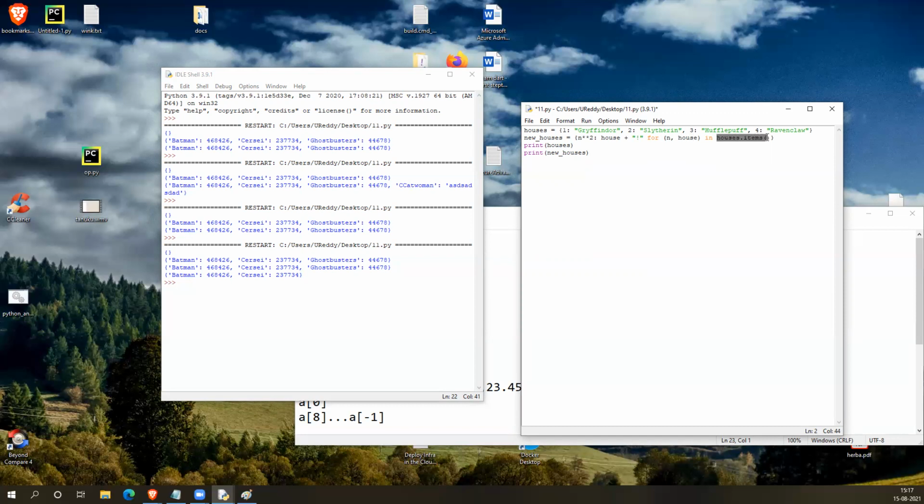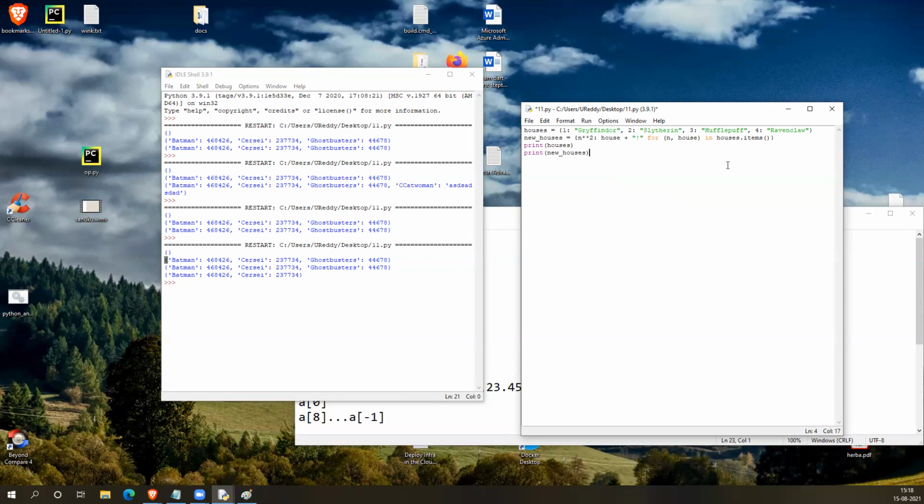Houses dot items will convert a dictionary to a list, and that list contains tuples as elements, and each tuple is a key value.